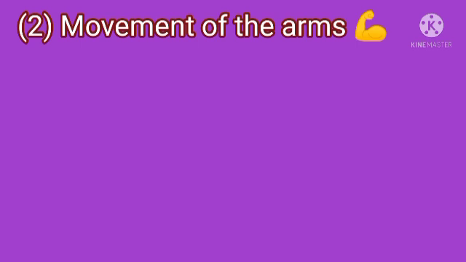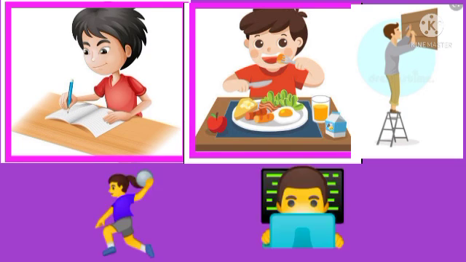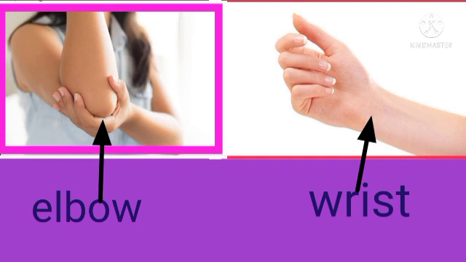So students, the hands are the most important parts of our arms. We can move our hands very often. We can pick up things with the help of our hands. In the same way, we are able to write, eat our food and do a lot of other work with our hands. So your hands are also very important. Next, we can bend our wrist and elbow. Wrist means the part between your palm and the forearm. And elbow means the joint between forearm and the upper arm.